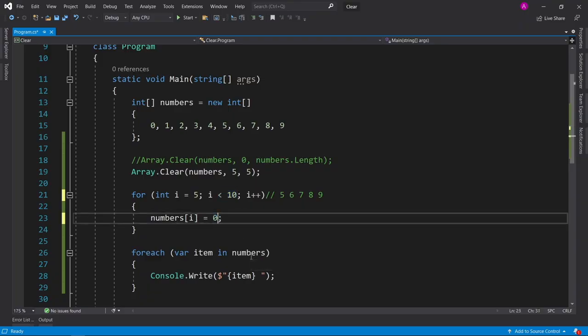You can technically use 0 instead of default, but that would mean you have to remember the default value for every single data type. It's easier to just write the default keyword, and it doesn't promote any typos. Using the default keyword is by far the easiest and the safest option if you're going to have this situation. So making every number's index equal to default, in this case because we're using integers, it's going to assign